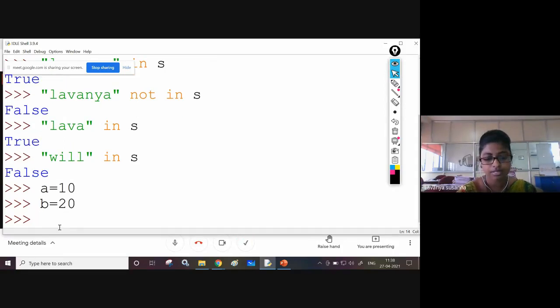Enter. Now if you want to find the location, the address of variable a and variable b, you need to use the identity operator. id of a. What is the id of a? See here.